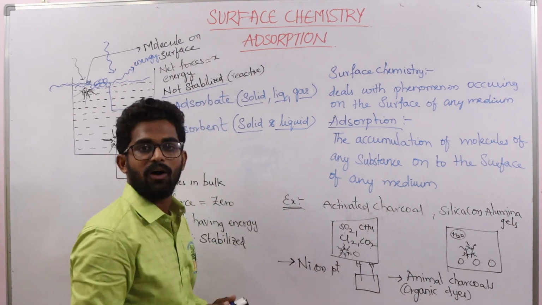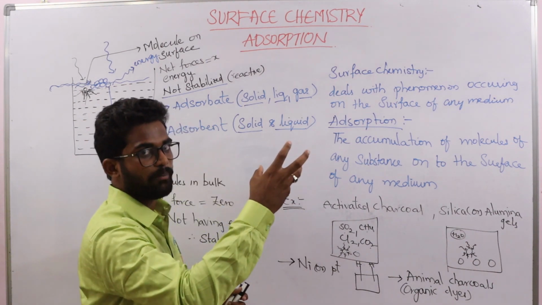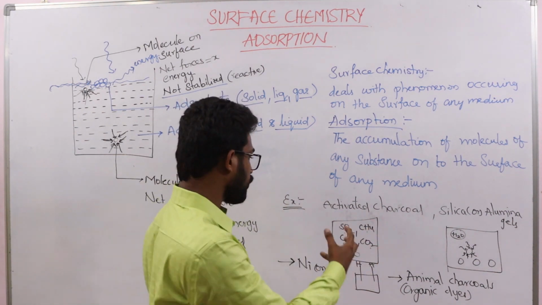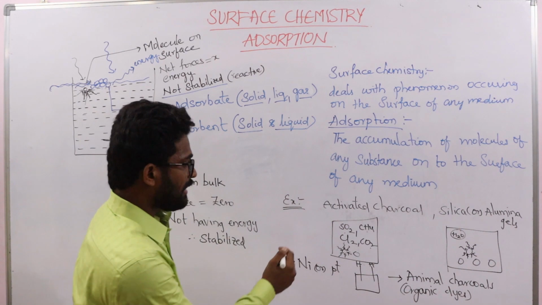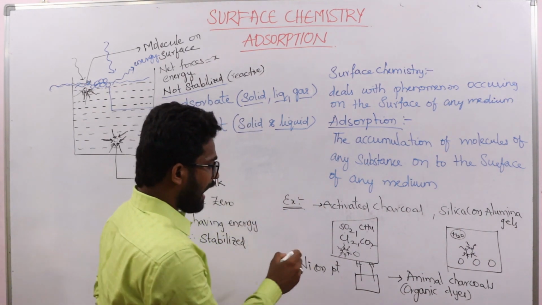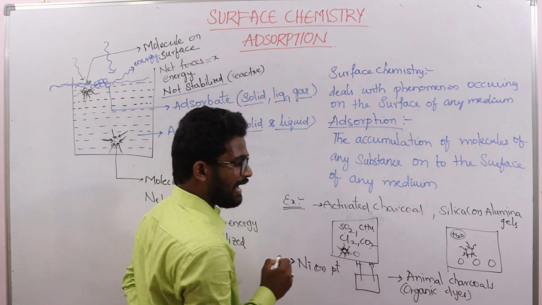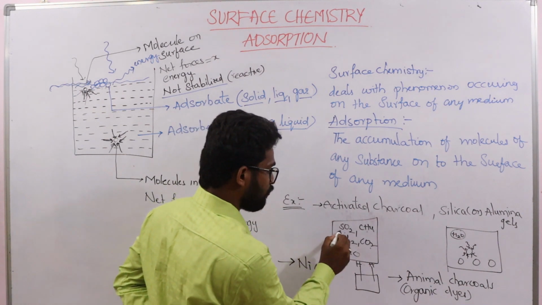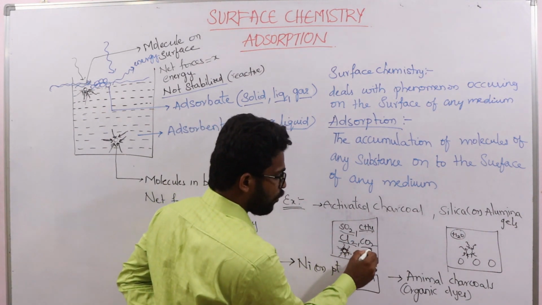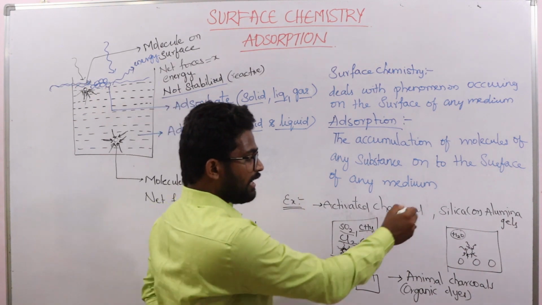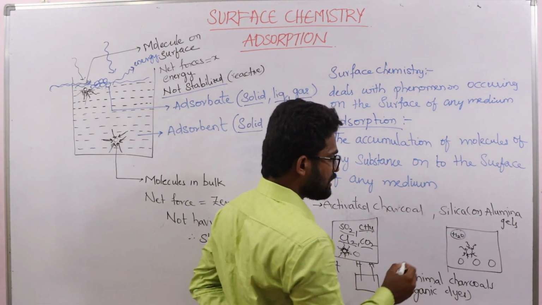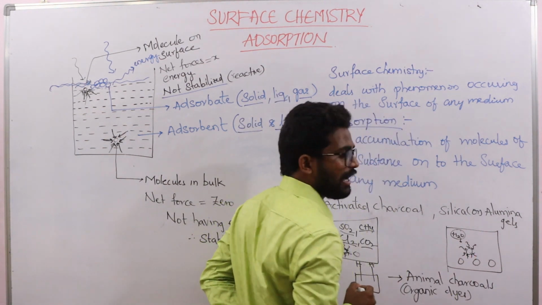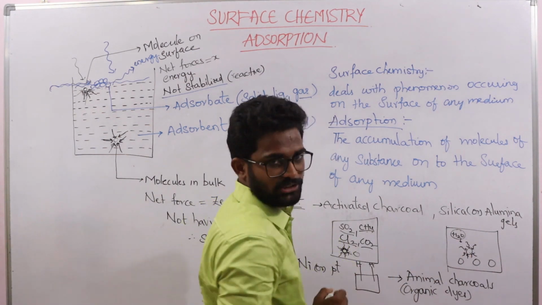In these examples, now you clearly know what adsorbate and adsorbent mean. So let us see what the adsorbate and adsorbent are in these examples. In case of activated charcoal, the activated charcoal is acting as the adsorbent for gases like sulfur dioxide, chlorine, methane and carbon dioxide. In case of silica gel or alumina gels, the water molecules are acting as adsorbate and the silica or alumina gel molecules are acting as adsorbent.